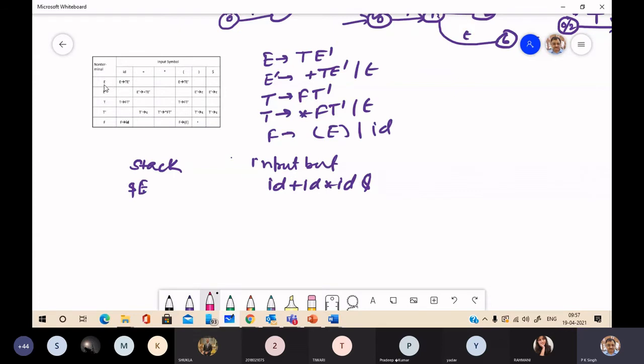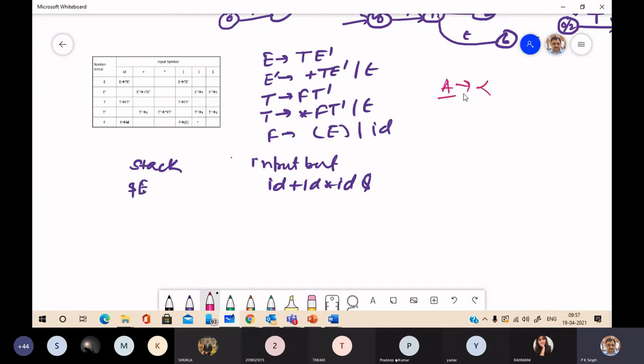If you refer to this, this is the E row and this is the ID column. So what do we have to do? The action is E to TE dash. I have told you the action: if the top of stack is a non-terminal, in that case we refer to this table, and we have A to alpha.